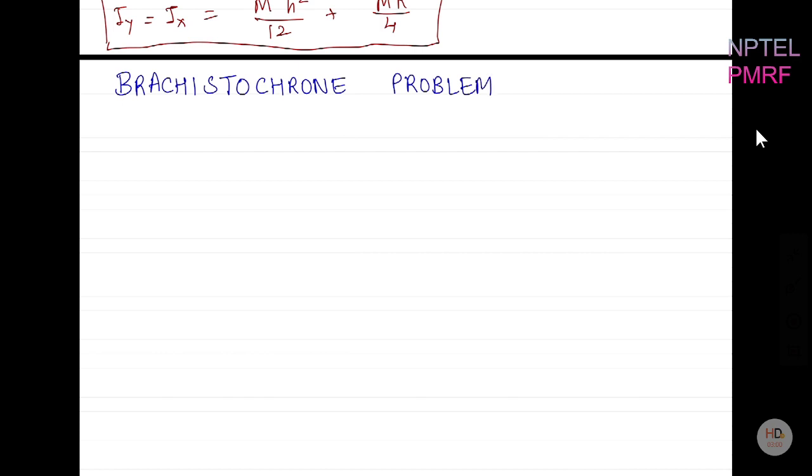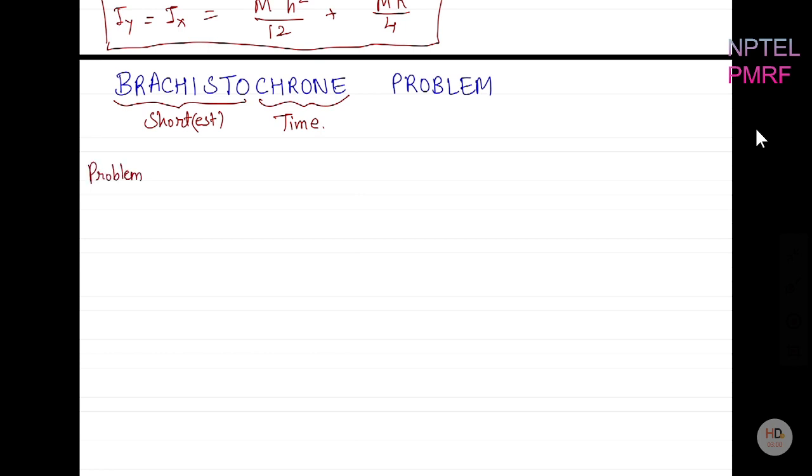I had learned this problem earlier, but I did not know the name before today. So brachysto means short or shortest, and chron is time, chronology, right? So the problem is